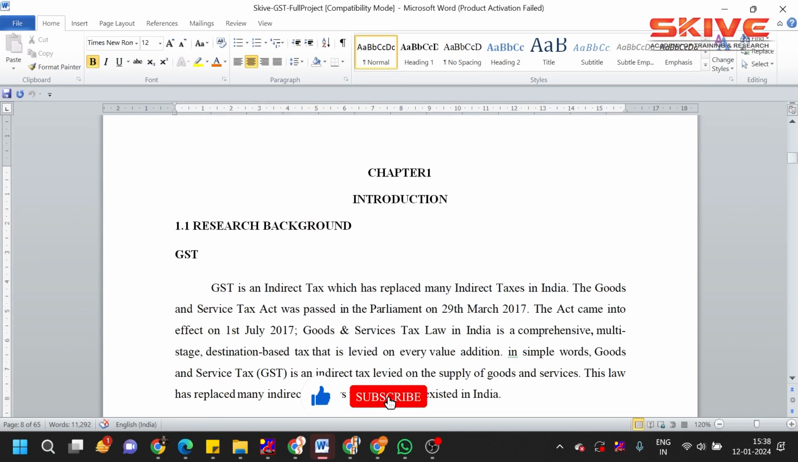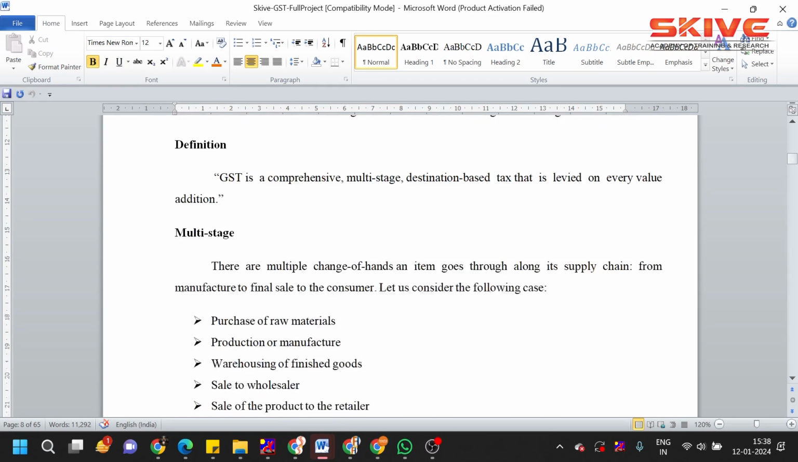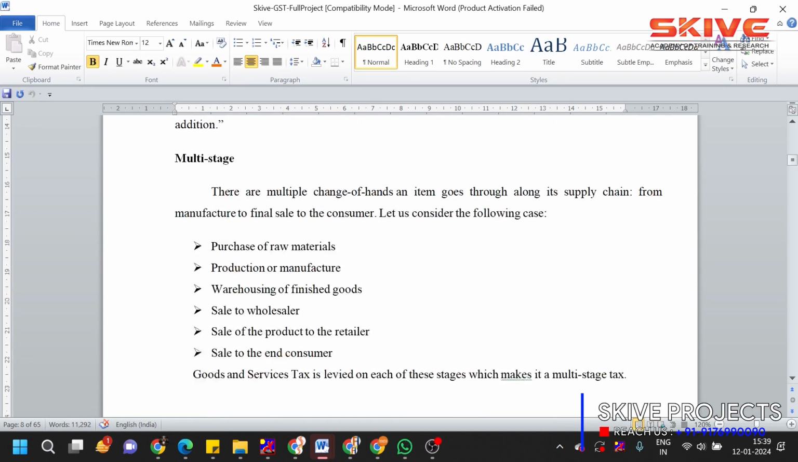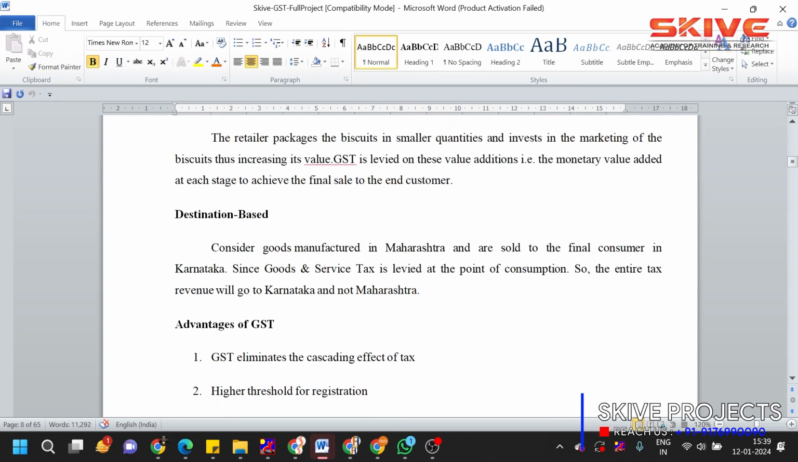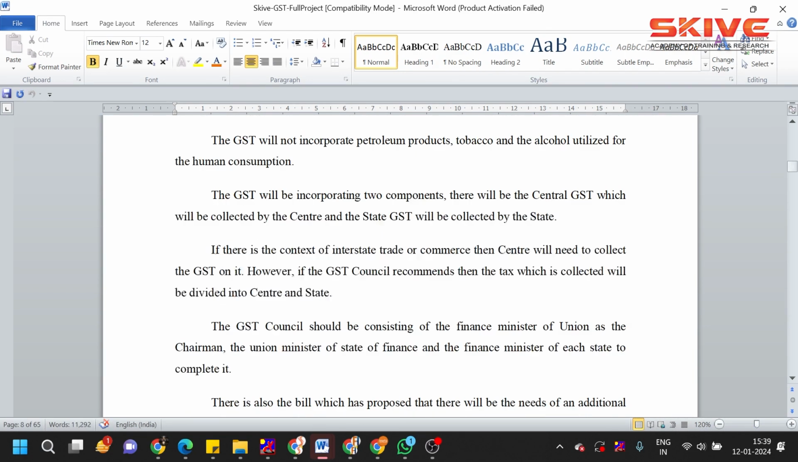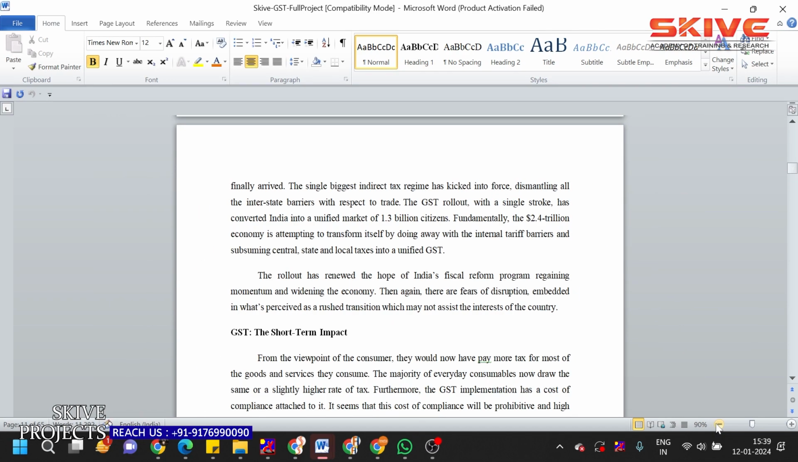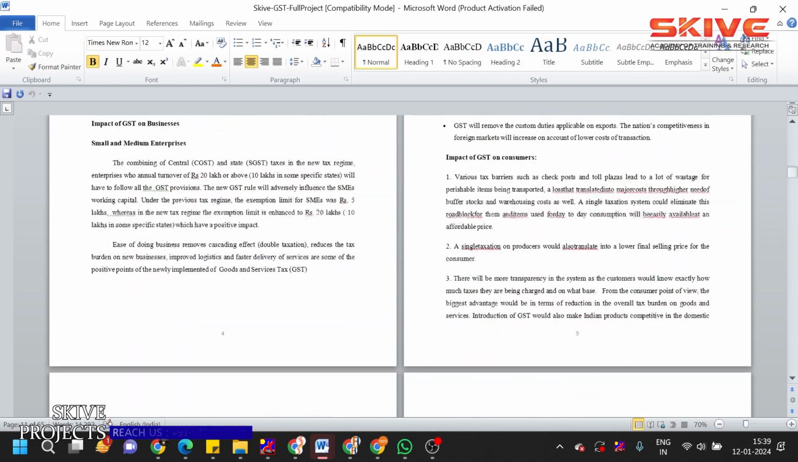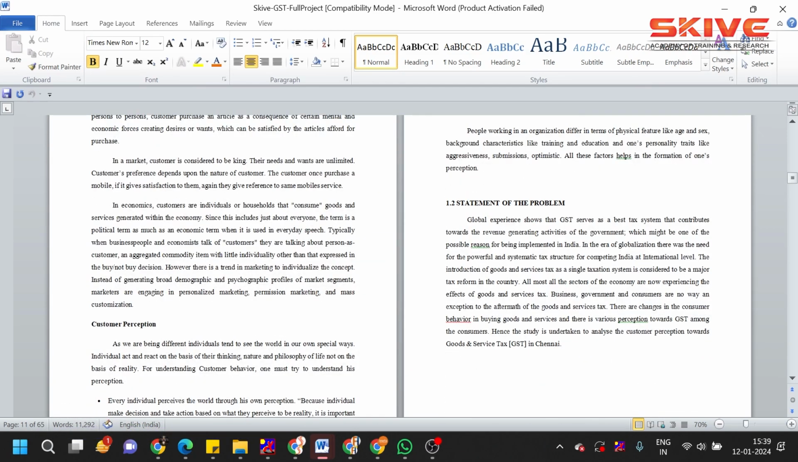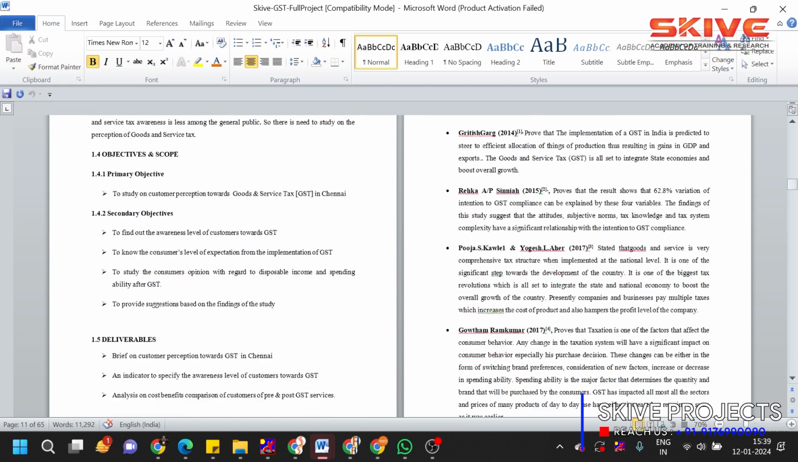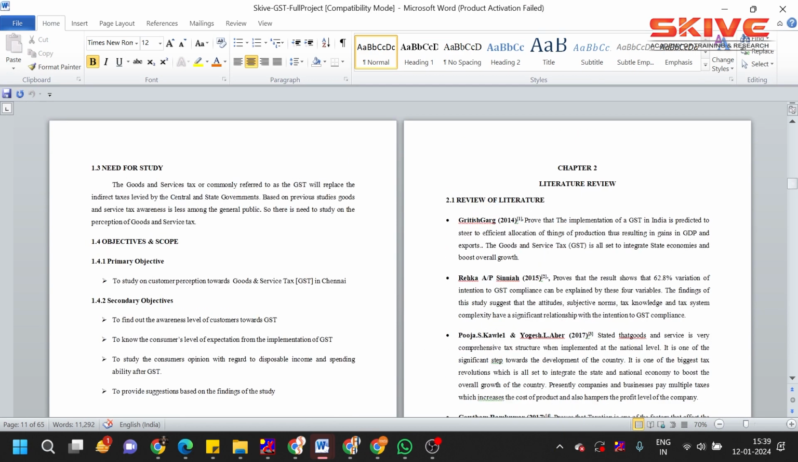Here chapter 1 starts with the introduction part. The introduction starts with 1.1, research background. The research background clearly describes what is GST, when GST was implemented, what is the purpose of GST, everything. And then 1.2 statement of the problem, 1.3 need for the study, objectives and scopes, deliverables,